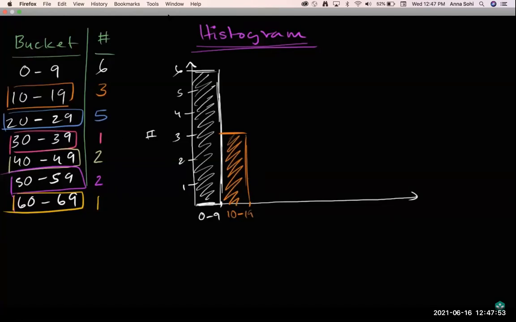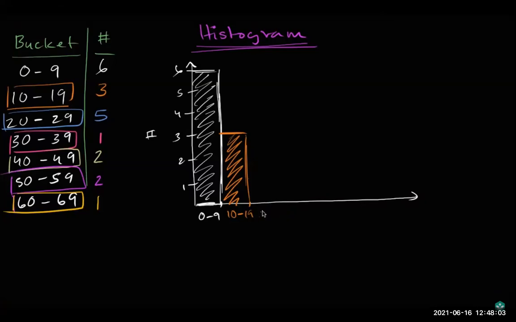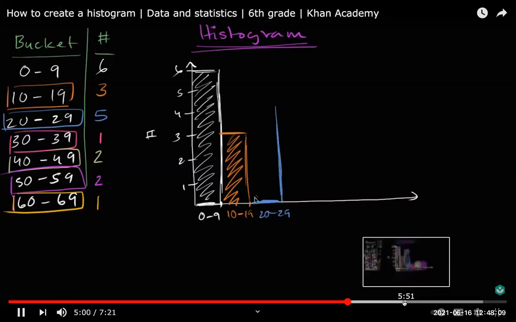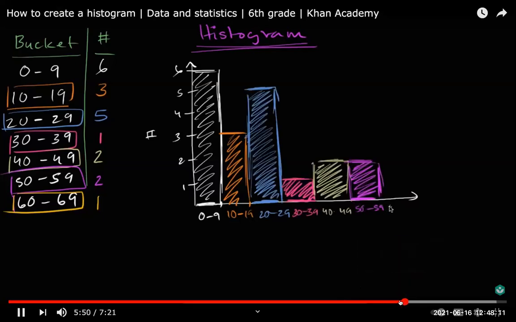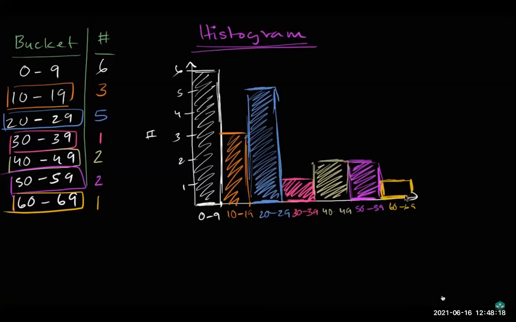Then 20 to 29, I have 5 people. 20 to 29, which is going to be this one. I'm writing too big. So 20 to 29, this is going to be this bar. There's 5 people. 60 to 69, we have 1 person. And what I have just constructed, I took our data,